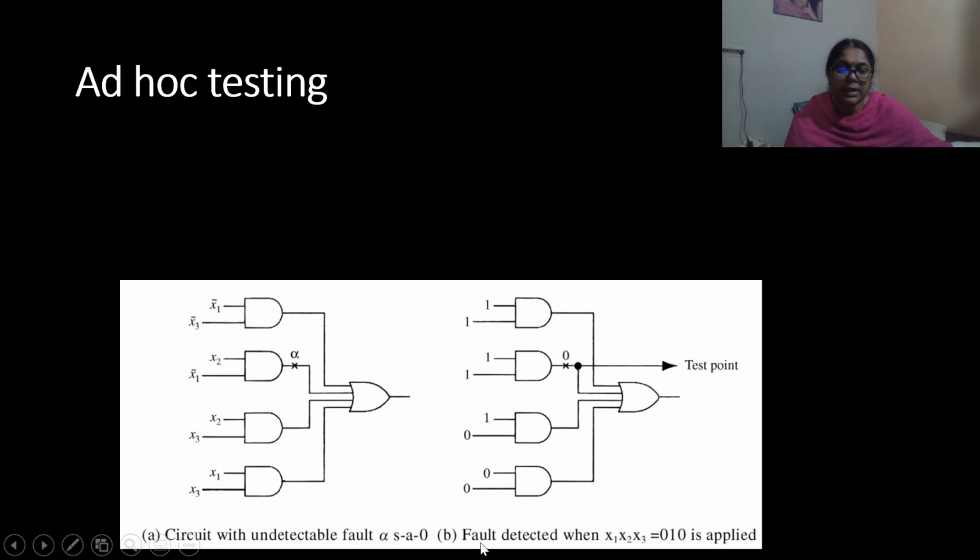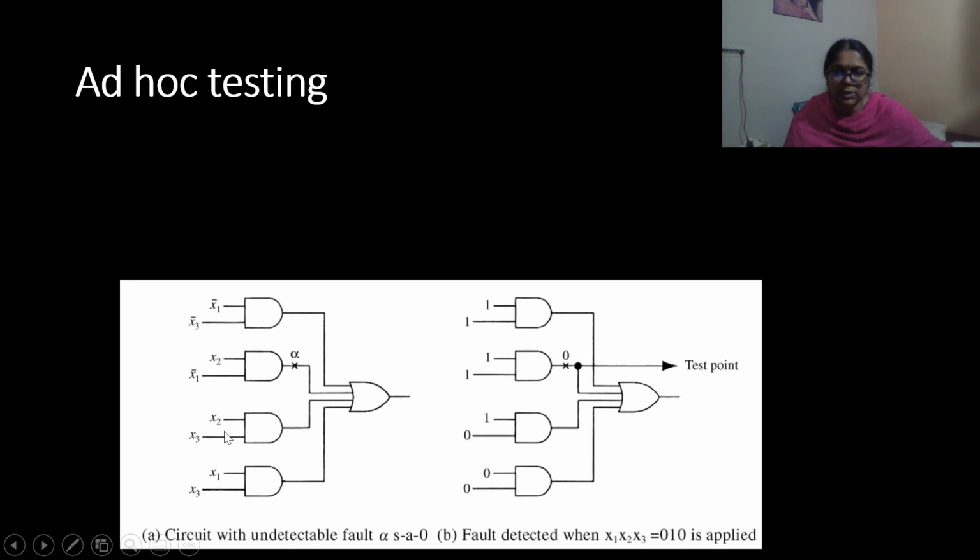But when x1, x2, x3 is equal to 0, 1, 0, then x1 bar will be equal to 1, x3 bar will be equal to 1. So 1, 1, the output of this AND gate is 1. Similarly, x2 is 1, x1 bar is 1. Actually, the output of this AND gate should have been 1, but it is stuck at 0, so it is equal to 0.